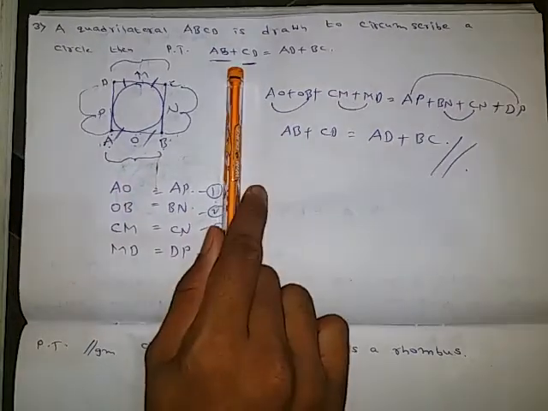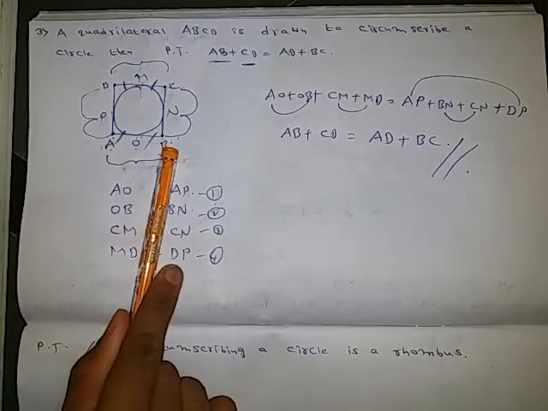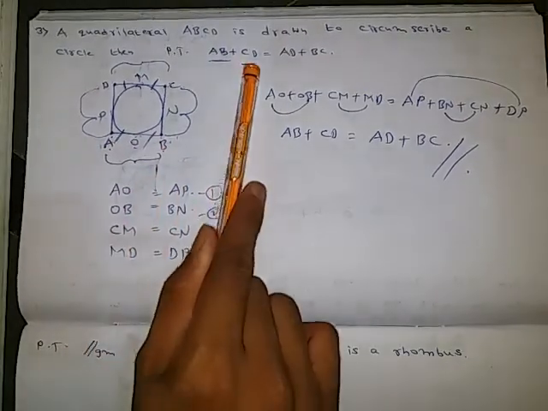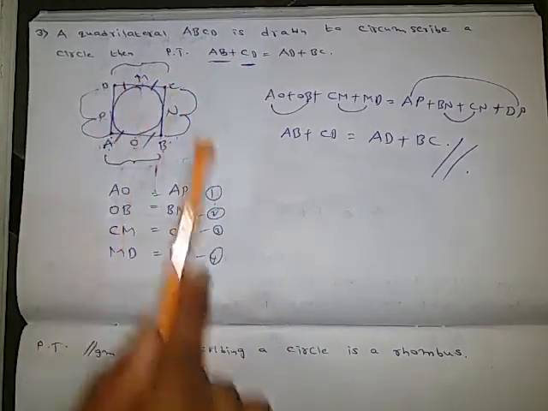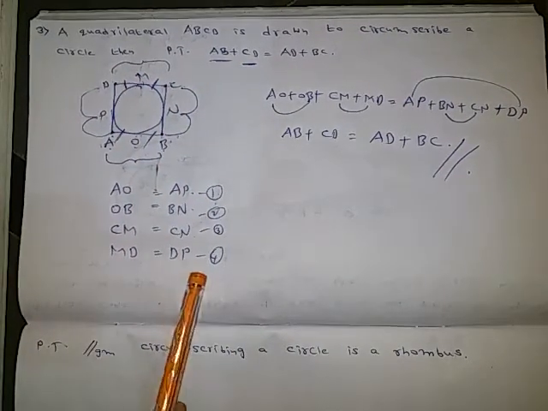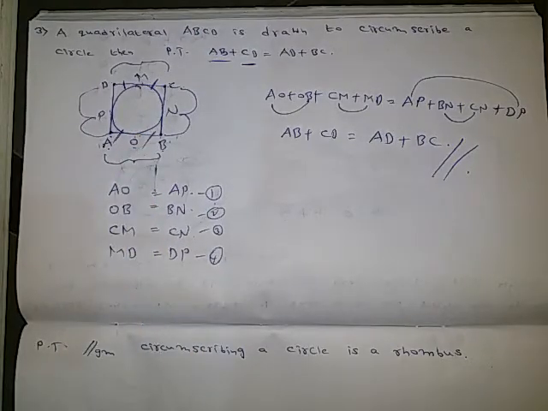So the only thing you need to take care of is writing this. Check the LHS clearly. It is speaking about AB. So AB is nothing but AO plus OB. So write that too. Next CD. So CD is nothing but CM plus MD. So write that CM plus MD. Then go with the RHS by using the tangent concept. Okay, now let us move to the next question.